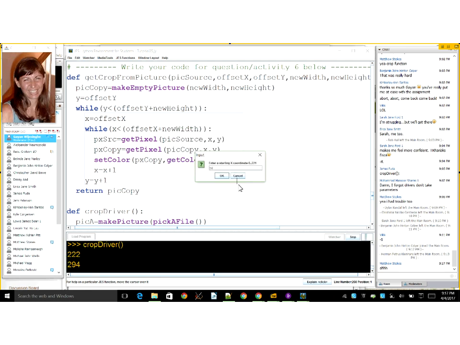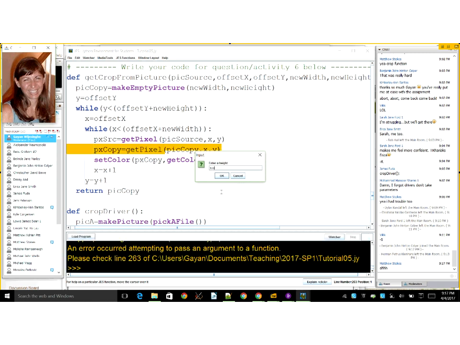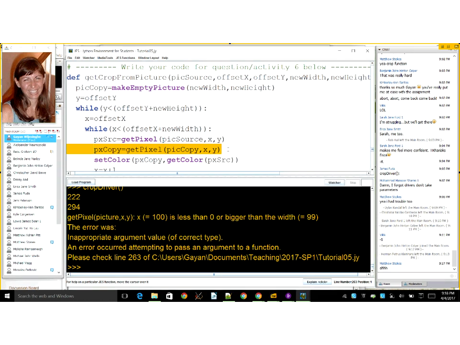Okay, so let's say the starting x coordinate is somewhere like 50, and the starting y coordinate is somewhere like 50 as well. And the width, let's say that's like 100. I can put 100 in there. Enter a height, I'll put that also as 100, and I have a problem here now. Oh yeah. Because the copy is fairly small,